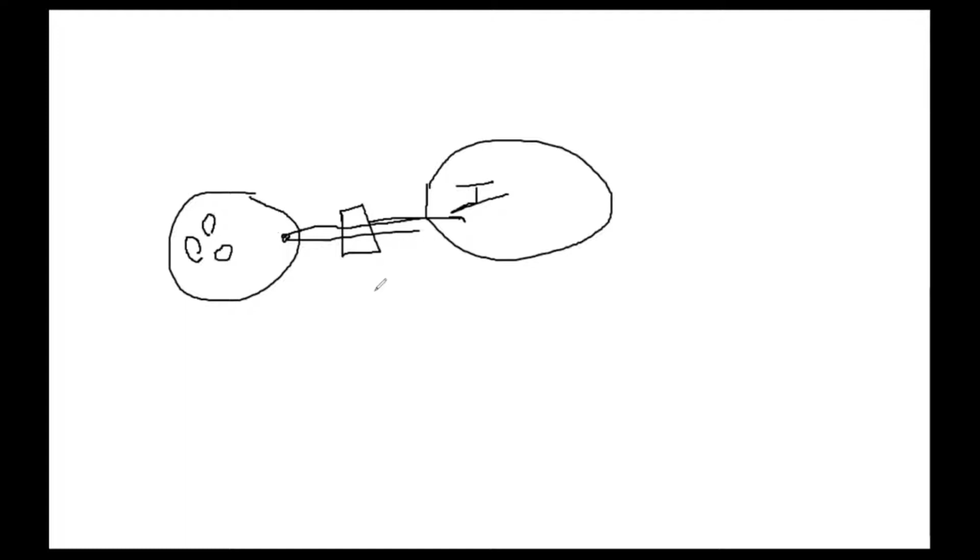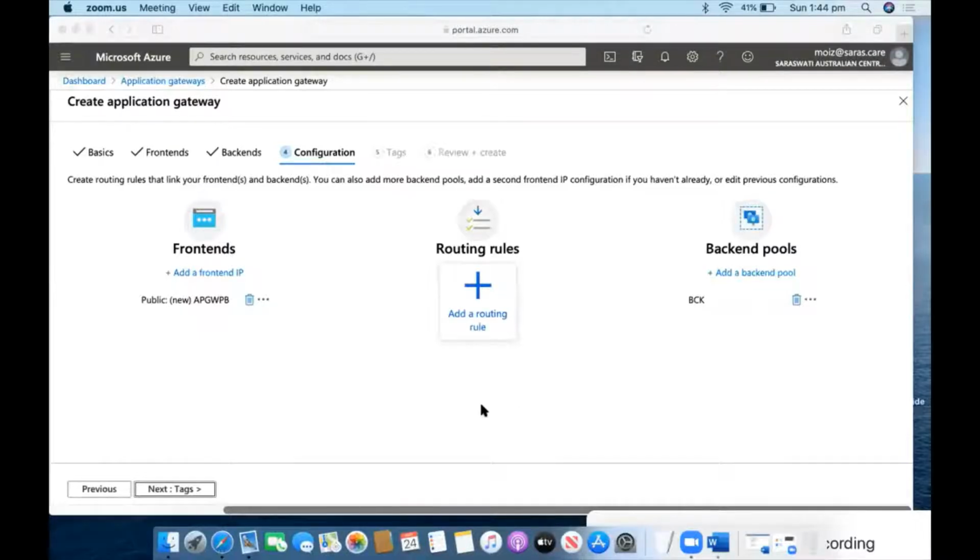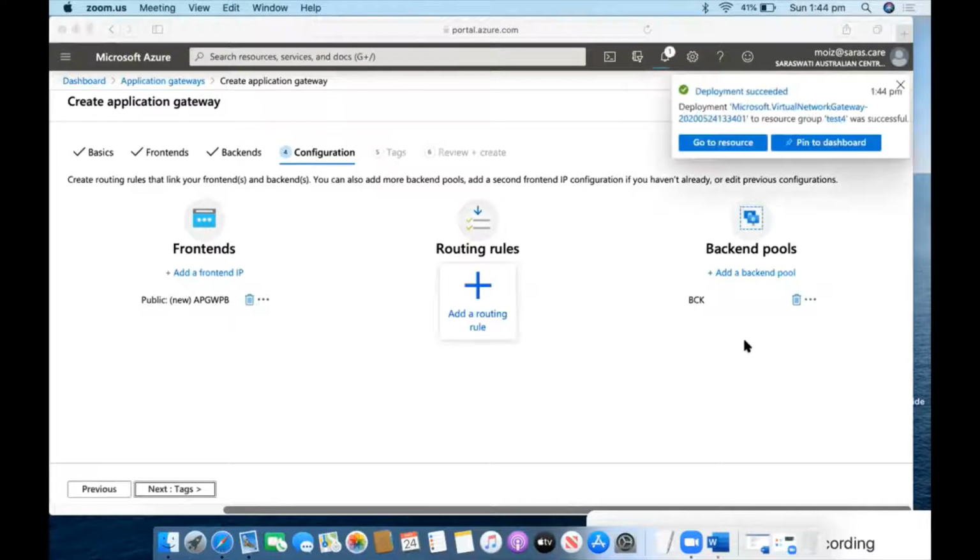So it will do the load balancing between these virtual machines, number one, as well as it will also filter the traffic. According to the rules you have created, only that traffic will be allowed. Okay, so clear? It's basically sitting as a firewall kind of thing. Yes, in theory, but with very few capabilities. That's all. So what did I say for the application gateway? The front end public will be coming from the internet, and the backends are for my servers or DMZ servers, all of those.